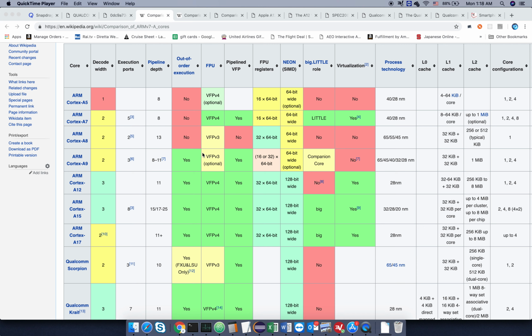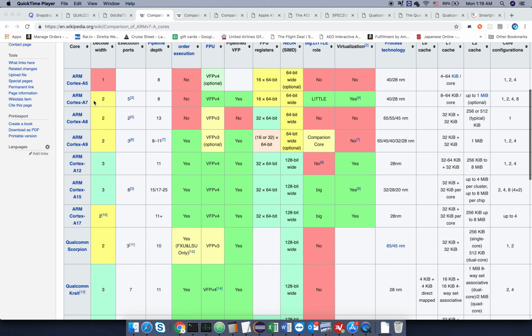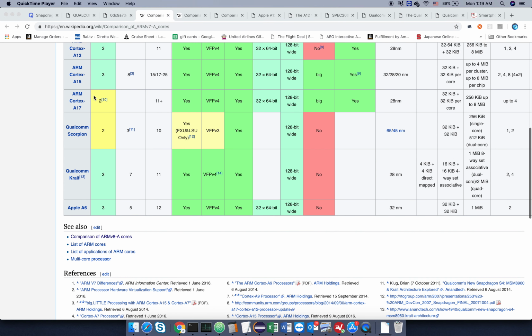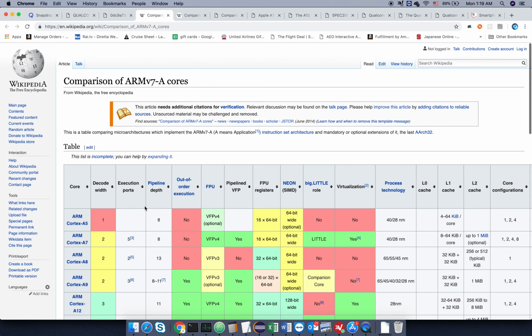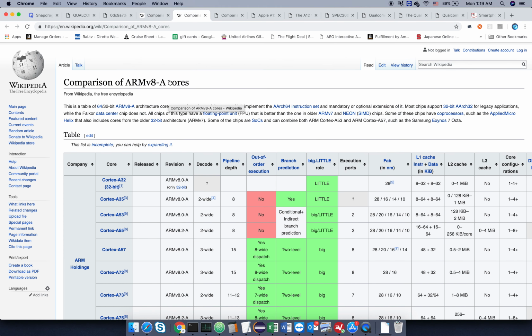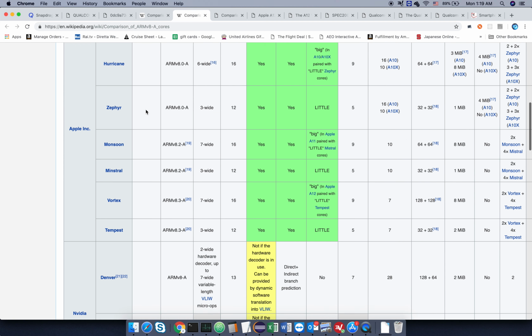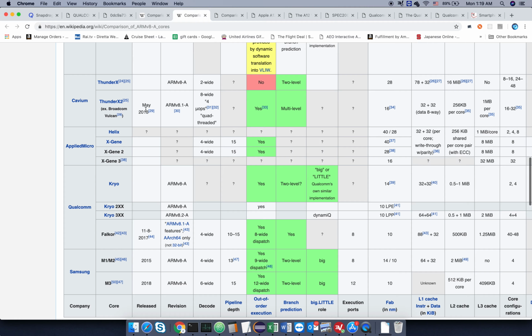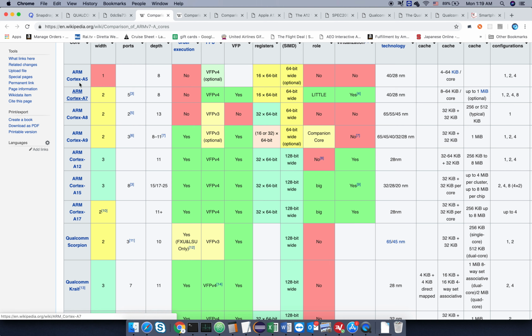So almost all mobile phones use CPUs that utilize the ARM architecture. ARM has multiple versions of their architecture. For example, here is a list of ARMv7 application cores, and then here is a list of ARMv8 cores. The v8 ones are the current high performance instruction set. You can see a bunch of them made a bunch of cores, and at the top of the thing, it's always ARM something.